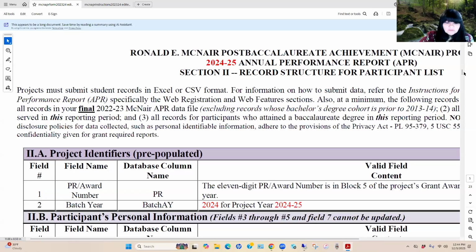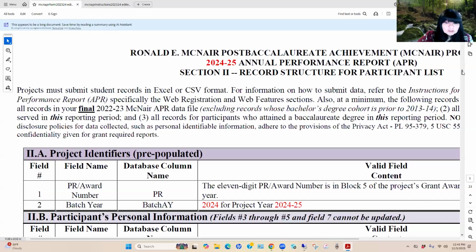The first column for all of our participants is going to be your PR number, so it ties this record back to your program. The second column is the field batch AY 2024. This field, batch AY 24, refers to the data that we're submitting for the 24-25 reporting period.